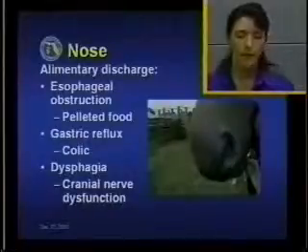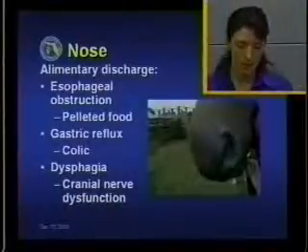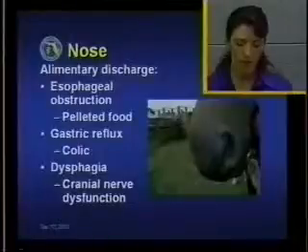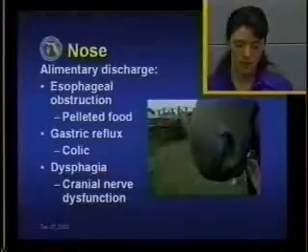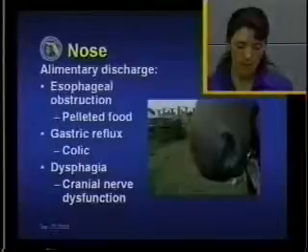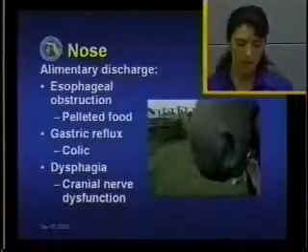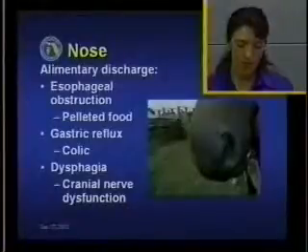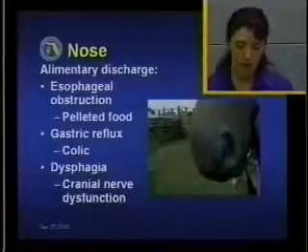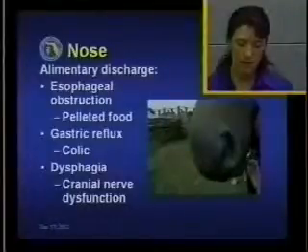When you see feed material coming out of the nostrils, there are three main differentials that you need to be thinking of. First one is an esophageal obstruction, in which case the food will come out of both nostrils. And this is commonly associated with the ingestion of pelleted food and a blockage of the esophagus. This is diagnosed by trying to pass a nasogastric tube in the horse, and most commonly this nasogastric tube will